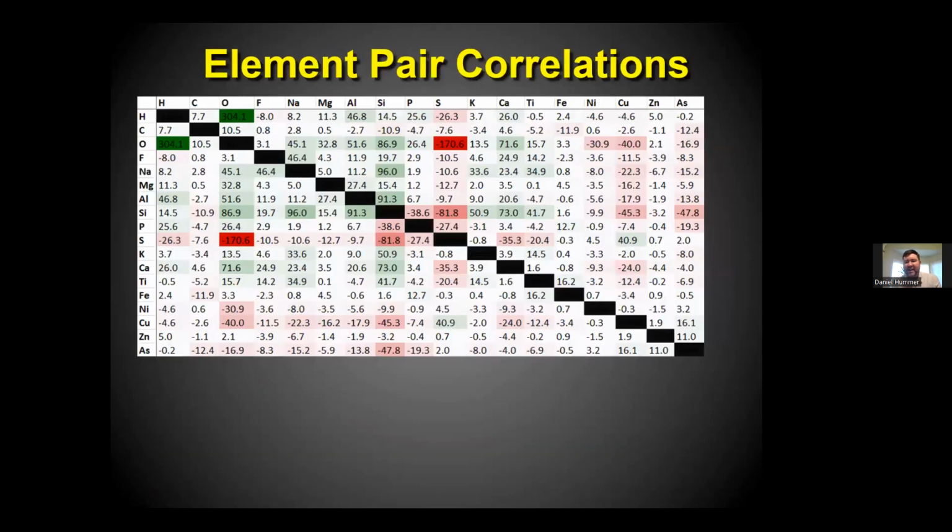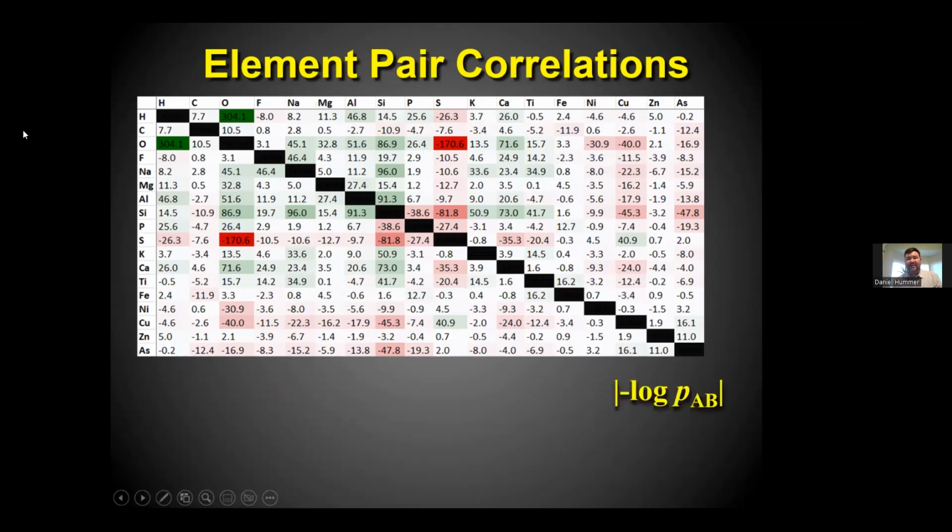So here's just an example, and of course, you don't have to look across all of these numbers, but here's an example of how we can quantify all of these correlations. In each row and each column here, I'm listing some common mineral-forming elements. For the correlation between any two of them, you just go to the diagram. For example, magnesium and oxygen would be right here. And what value is it that I'm plotting right here? What does this 32.8 represent?